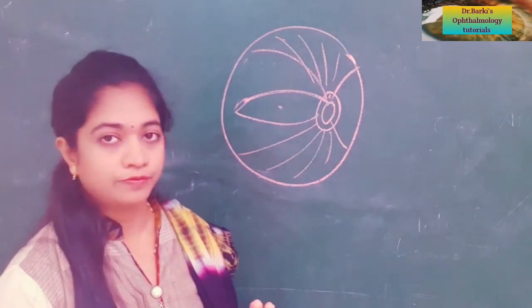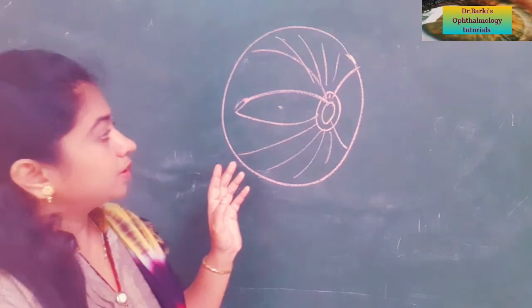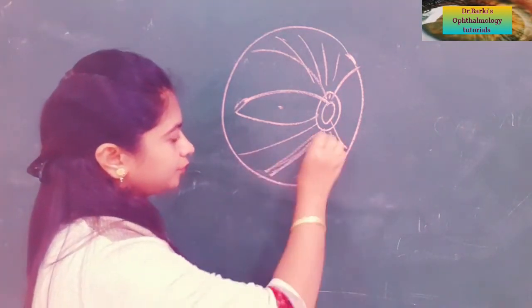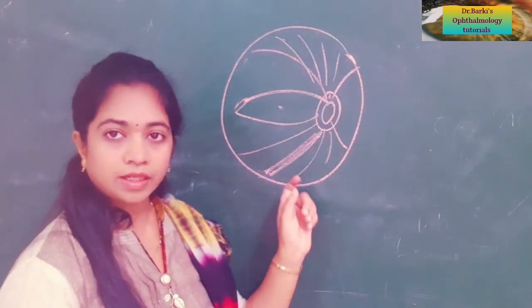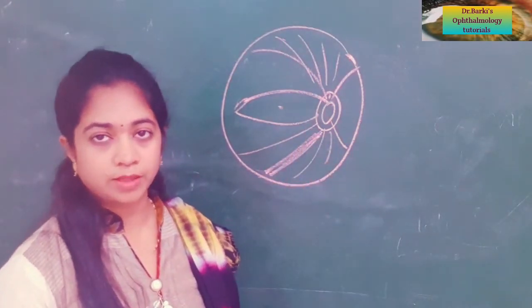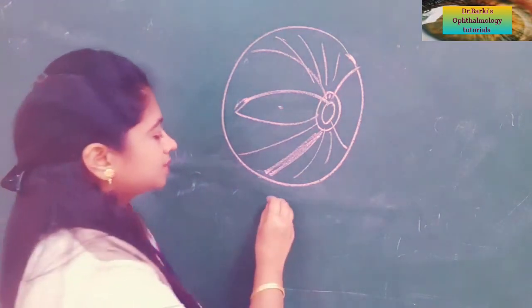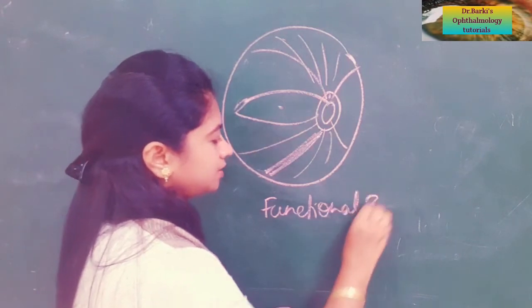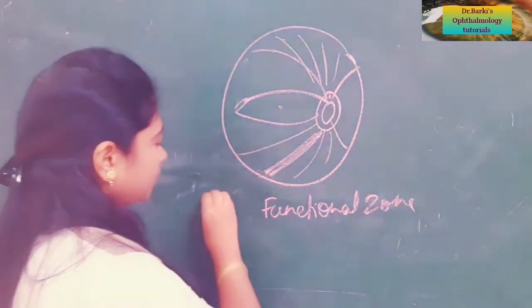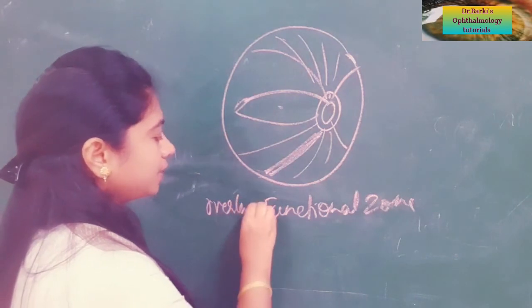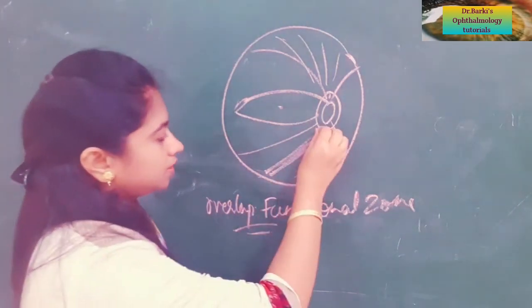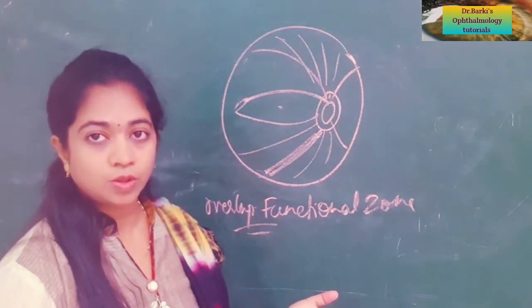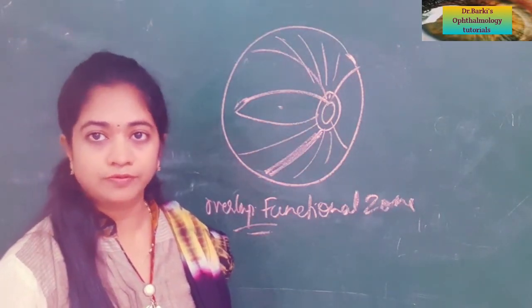I will explain what visual field is. But if there is a death of a single nerve fiber, suppose there is a death of a few nerve fibers in this layer, will there be a visual field defect in the corresponding superior part? It may not happen because there is something called a functional zone. These functional zones usually overlap. So until the damage is so large that it is crossing the functional zone also, they will not manifest with visual field defects.